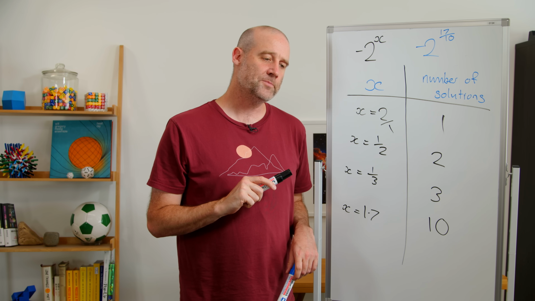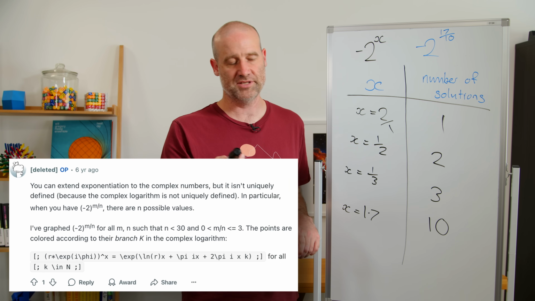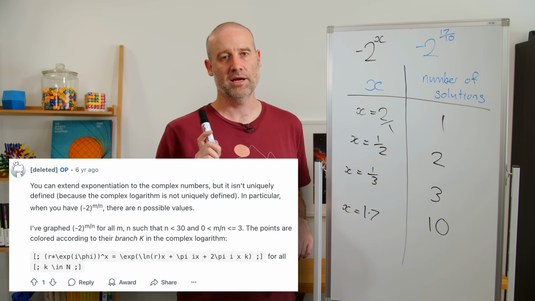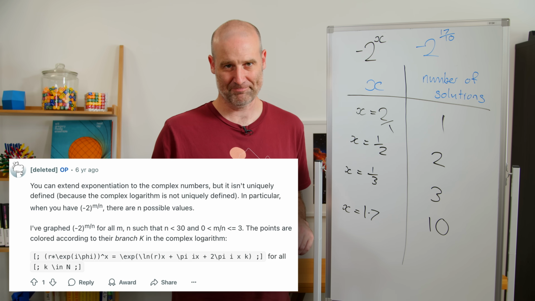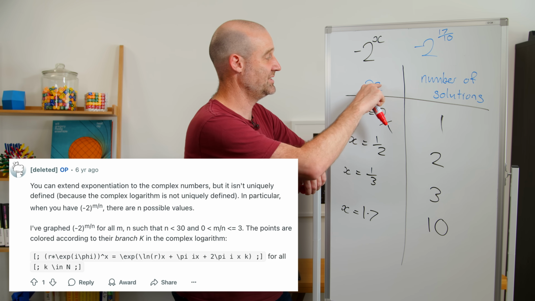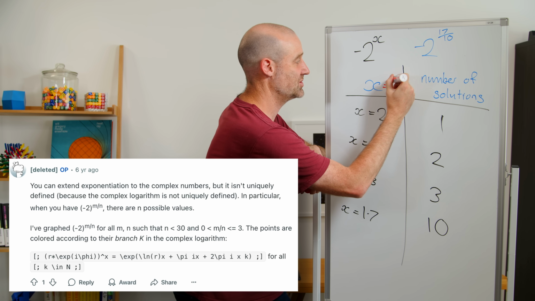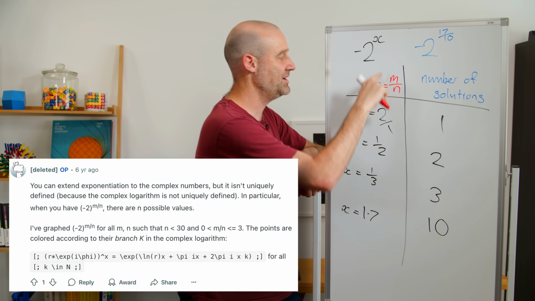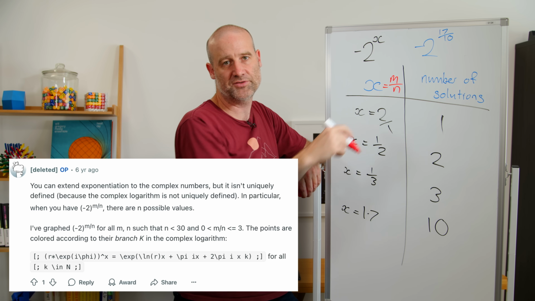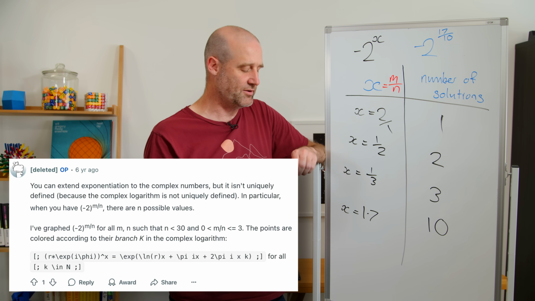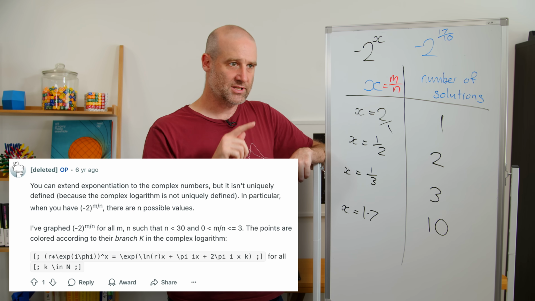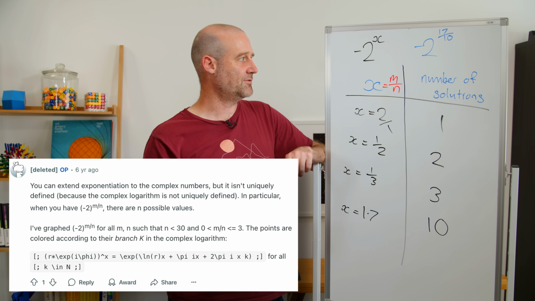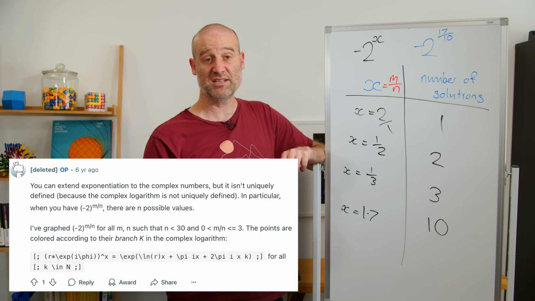I have to come clean here. There was a single comment, I don't know if you noticed this before, on the Reddit post, and that was from the user who showed us the trumpet and then deleted their account. In it, they point out they actually set x equals to some fraction m on n, and then they do a set of possible values for m and n. So they are actually only doing discrete values, which is why their trumpet has dots everywhere. When Zach put it together for me, we switched to using it as a continuous line. That's why ours looks a little bit nicer.